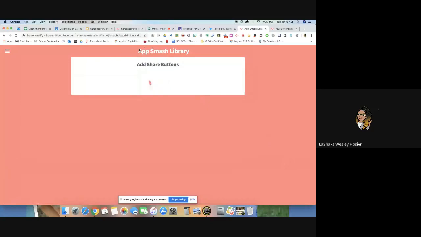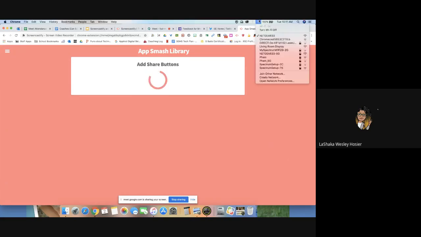So there's that. And then there's a couple more sharing options. So here is this App Smash library. And I talked earlier about app smashing with Insert Learning, and it's basically just combining two apps together and using them within each other. So if the internet will get its life together, then we